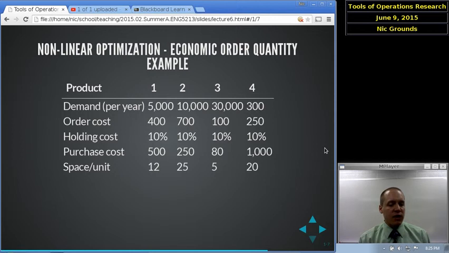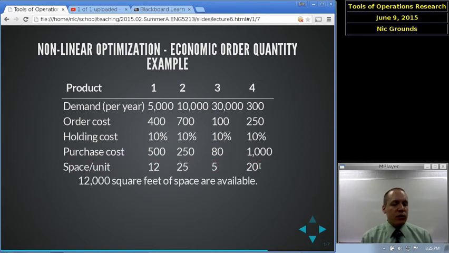purchase cost, $50. And each product one requires 12, let's say these are square feet, 12 square feet of space, and so forth for products 2, 3, and 4. So we know demand, we know fixed ordering cost. Between the holding cost percent and the purchase cost, we know H, the cost per unit. And we know how much space each unit takes, say in our store or our warehouse. The only other thing we need to know is how much space we have available, in this case 12,000 square